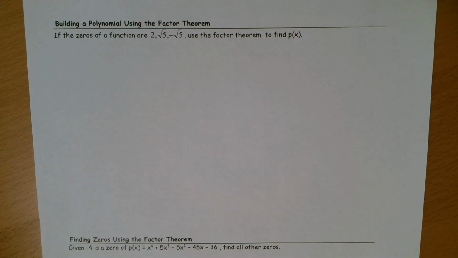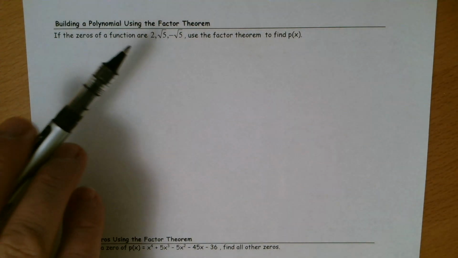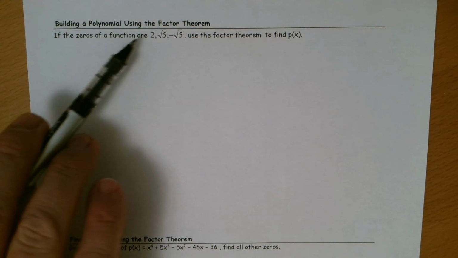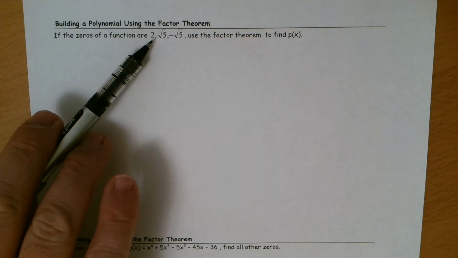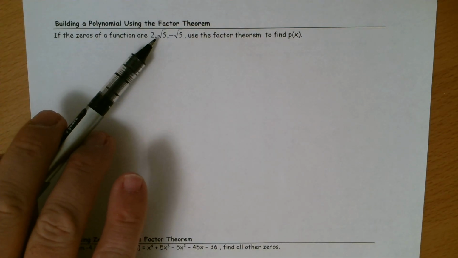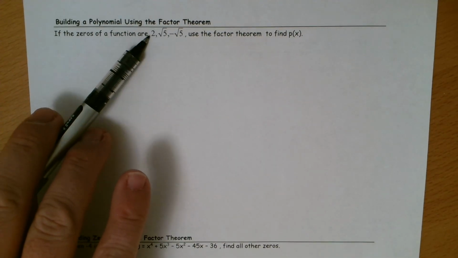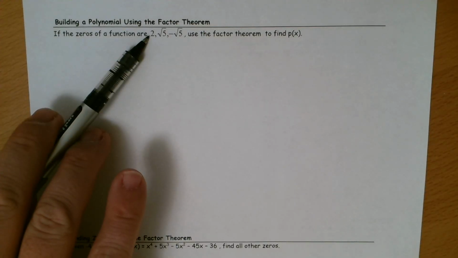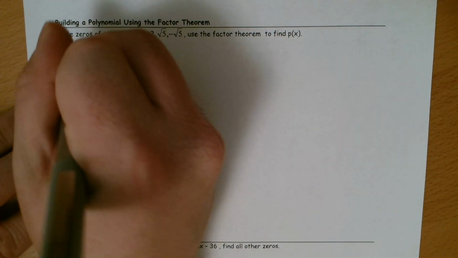Okay, now let's go backwards from finding zeros. We've got 2 more examples, people. You guys are doing great. Let's go backwards from finding the zeros. We know the zeros now to building a function. Okay, so if we know that 2 is a 0 of a function, that means that